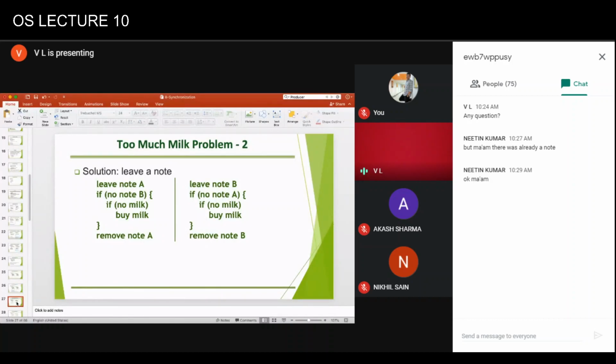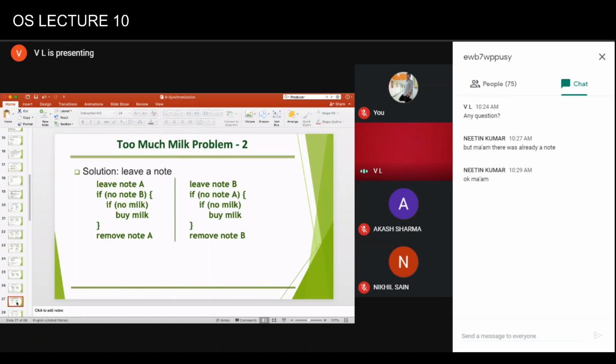Now what could go wrong? So both the friends come and they put the notes. So A puts the note, and then before he checks whether B has posted the note or not, let's say someone rings the bell. So naturally B also comes, B also puts the note. And then what do they find?